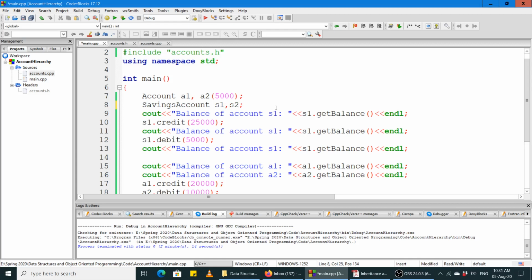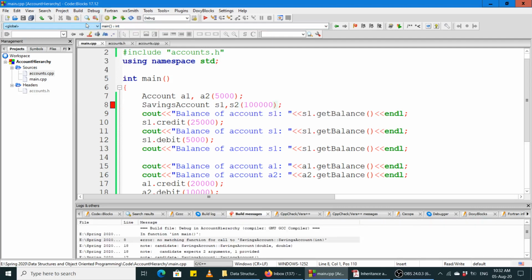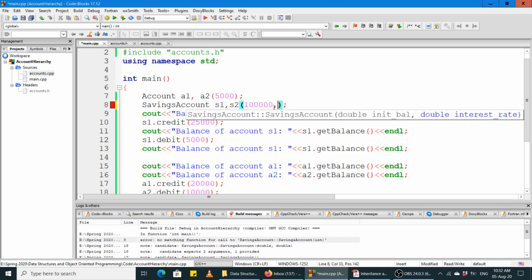ठीक है, S2 और से यहाँ पे हम सेविंग्स अकाउंट क्लास में इनिशियली 1,00,000 रुपए डिपॉजिट करते हैं, ठीक है। अच्छा जी, सो लेट अस कंपाइल दिस फाइल। अच्छा जी, यहाँ पे हमें मुख्तलिफ़ किस्म के एरर्स मिल रहे हैं कि जी नो मैचिंग फंक्शन कॉल फॉर सेविंग्स अकाउंट और इंट, ठीक है। अच्छा, इंटरेस्ट रेट भी स्पेसिफाई करना होता है। इंटरेस्ट रेट से आजकल चलें 7% है, ठीक है, तो 0.07।